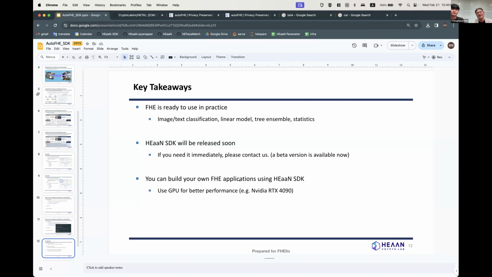The precision is almost the same as the plain text one. Actually, the result is in our research paper presented in last year's ICML for the oral presentation. It is interesting. For the best case, the encrypted model training result is 0.5% better than the plain text ones, because of some randomization during the training. But in the worst case, the performance decreased about 0.5%. So the gap is 0.5%, sometimes better, sometimes worse.